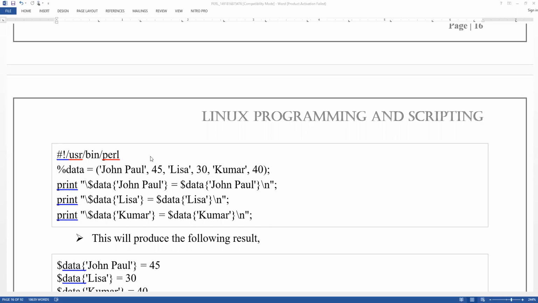Here the keys and values are inserted in this hash. Here it is acting as a key, and this is the value, which is represented in the form of numbers. The key is represented in the form of string type. Here you can see how it is printing: print "$data{John Paul} = $data{John Paul}", print $data{Lisa}